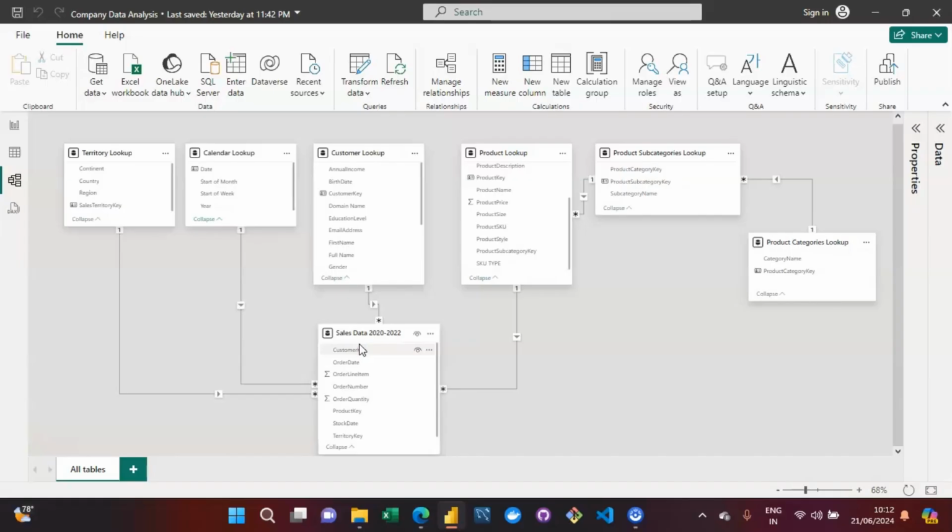So let us go forward with the practical implementation to see how exactly the inactive relationship looks. You will see that the inactive relationship is displayed using dotted lines. As over here, you can see that we are using this solid line to represent this active relationship. But as soon as I build a relationship between the stock date and this date column,